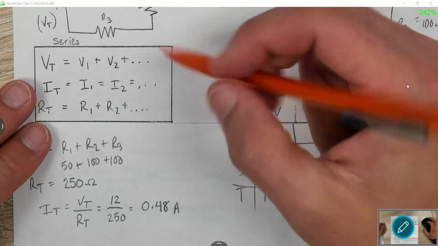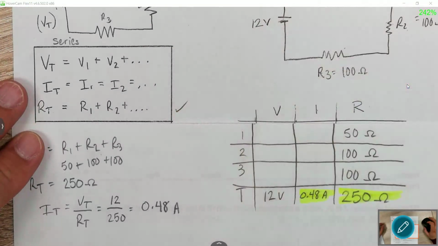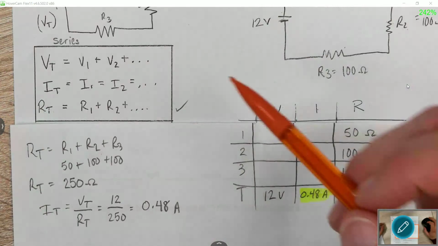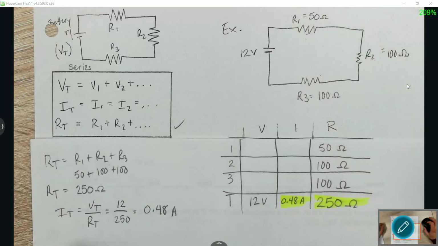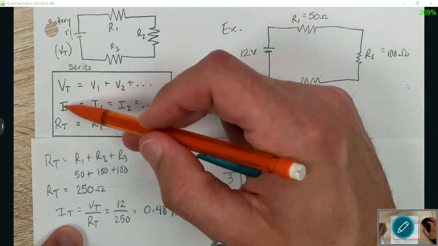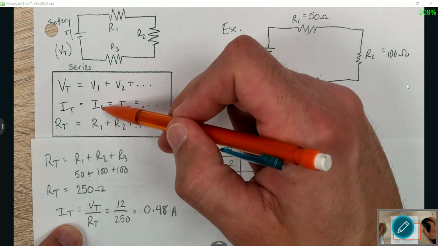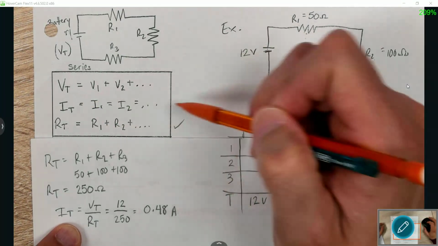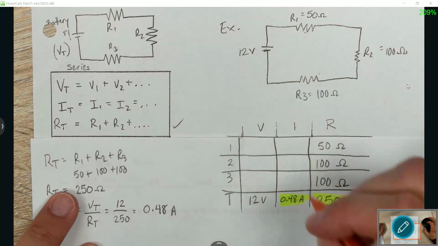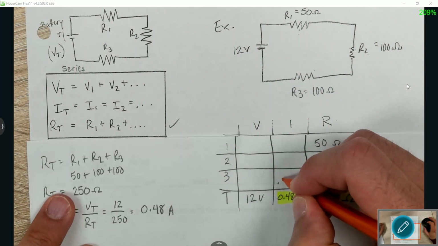So we already used this rule. I still don't know any of the voltages across these resistors yet, so I can't use VT. What about IT? The total current is equal to the current going through the first resistor. It's equal to the current going through this. They're equal everywhere. So guess what? No math needed. All right. We have our